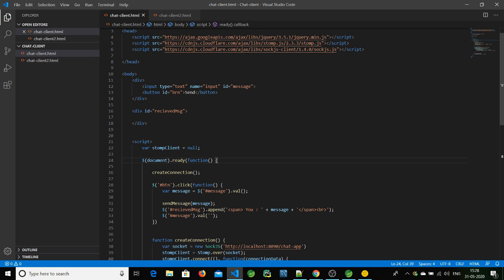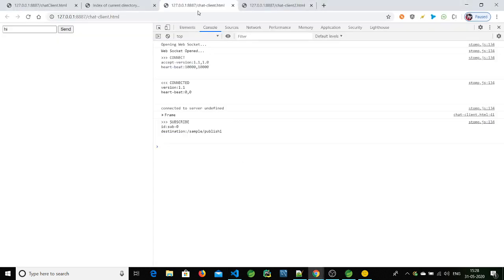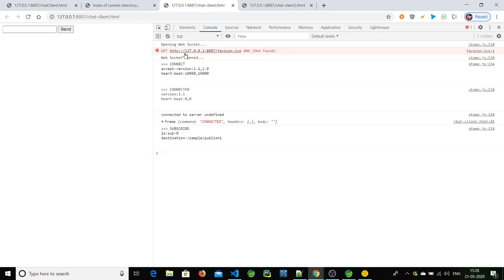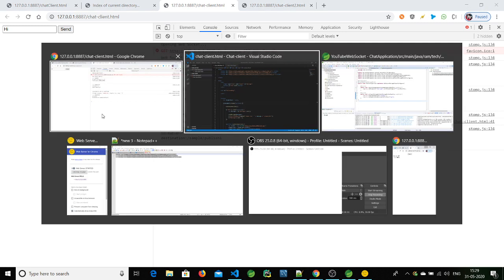So $.append send message value message, correct. It's fine. Hi, it is not being called. Okay, let me debug it.